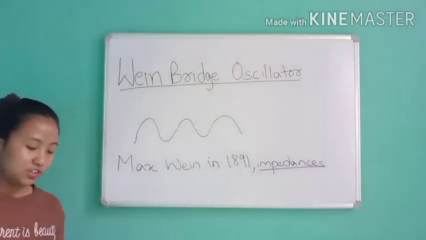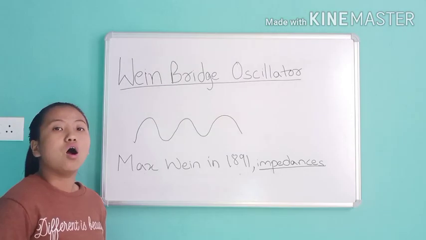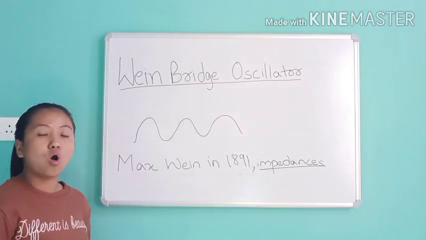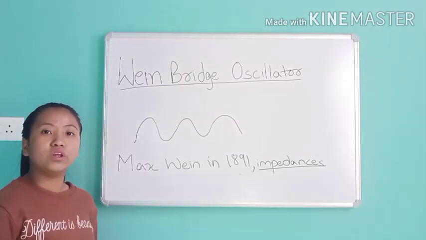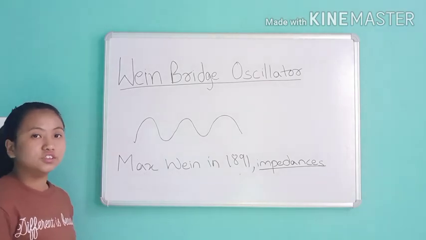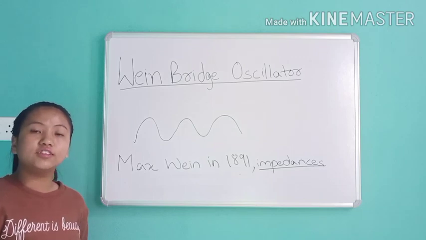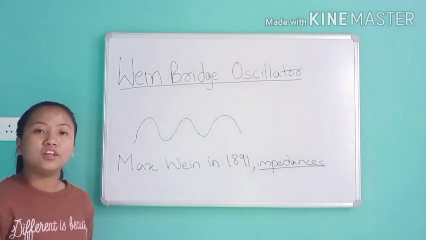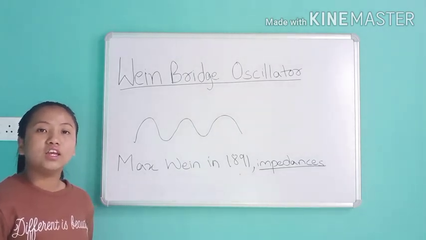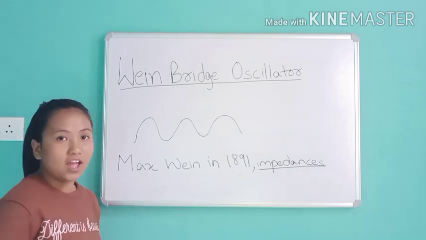Impedance means it is a measure of total opposition to current flow in an alternating current circuit made up of two components, ohmic resistance and reactance, and it is represented in complex notation as